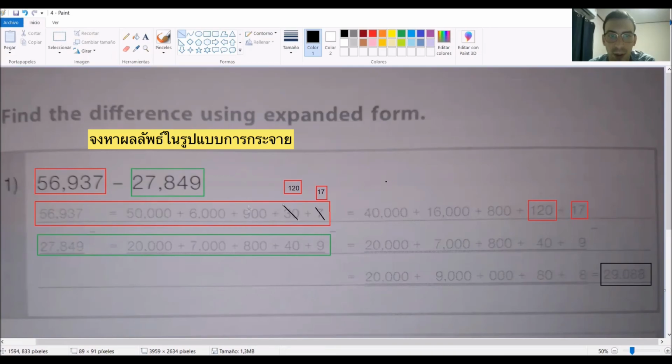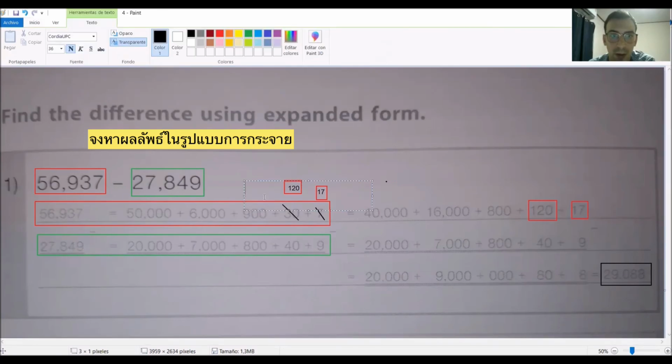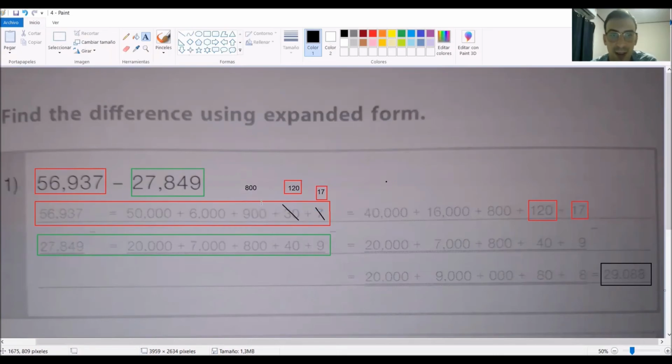For example, here we have borrowed 1. If we continue, we have borrowed 1, so it becomes 800. 800 is the same as 800, so we don't need to borrow anymore. We just write 800 here, in expanded form. And then